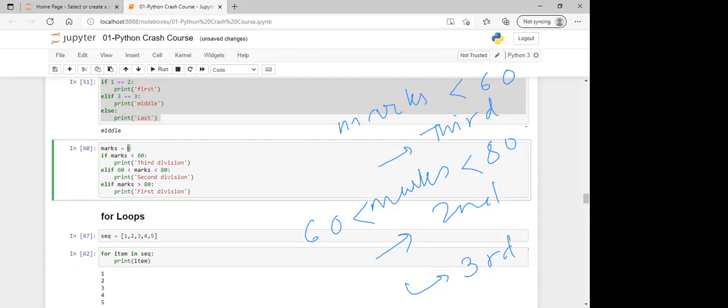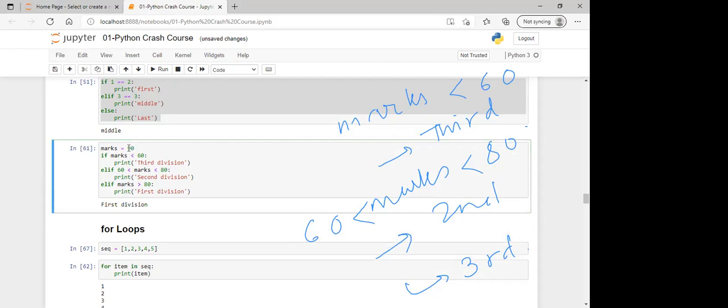Change the marks to 90. And in the elif, you have written the elif condition, right? So the third one can be just else, because you need not write this specific condition. Okay, sir.